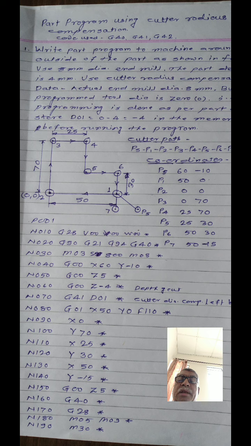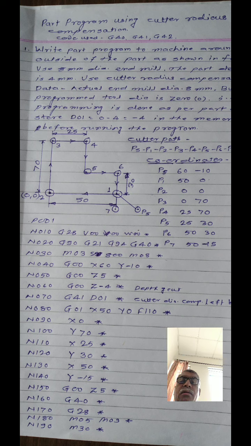Then P3: x coordinate is 0, y coordinate is 70. P4: x coordinate is 25, y coordinate is 70. Then point 5 has the coordinates x 25,